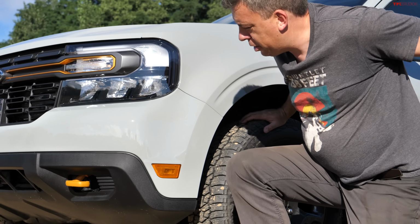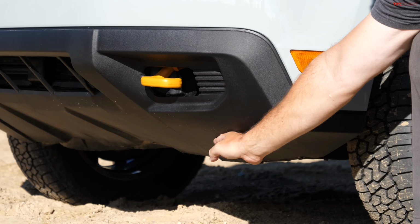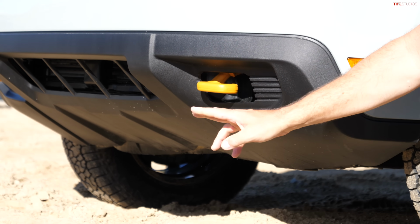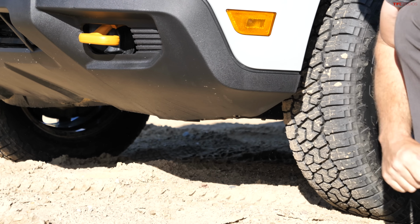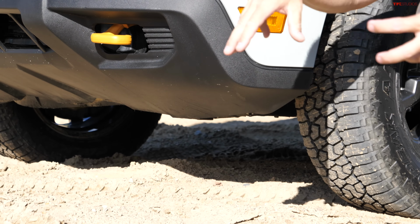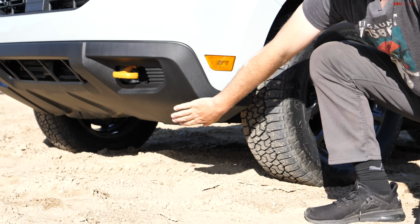this is the biggest change. And it's pretty clear what it is. You can see this cut in the bumper. They redesigned the front fascia. The tow hooks are still here, but now they're orange. That's another identification, but the approach angle is way better, 30.7 degrees. So you can climb over more aggressive obstacles with this one without fearing of hitting that lower